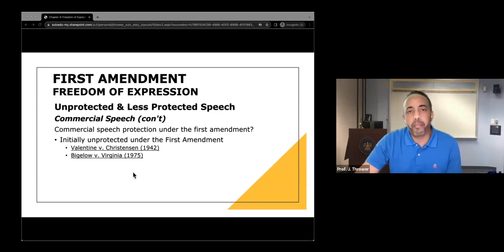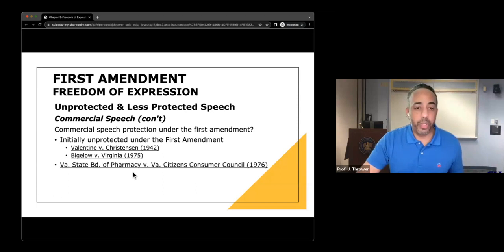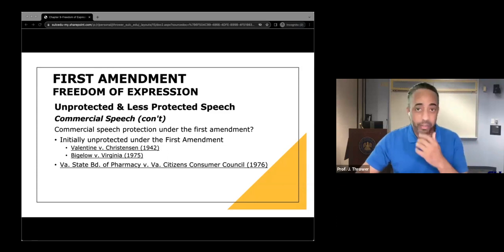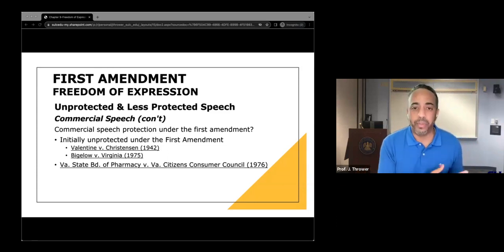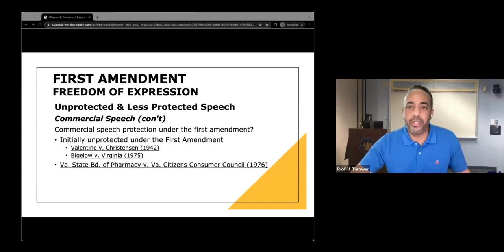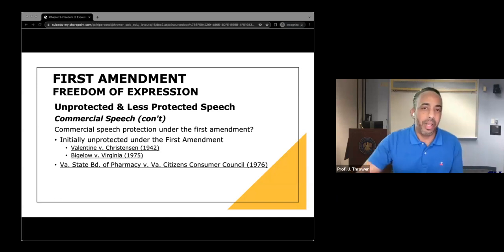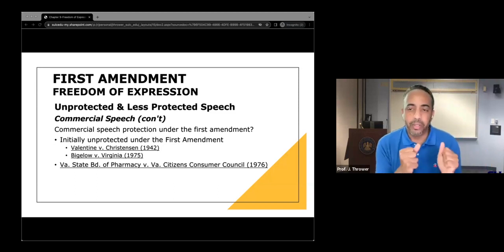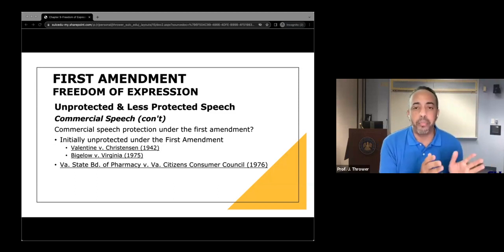And the court solidified this position, if you will, in the case of Virginia State Board of Pharmacy versus the Virginia Citizens Consumer Council. In that case, under a Virginia law, a pharmacist was considered to be engaged in unprofessional conduct if he published, advertised, or promoted in any manner whatsoever a price or fee or any sort of premium or discount terms for any drugs which could be dispensed only by prescriptions, right?